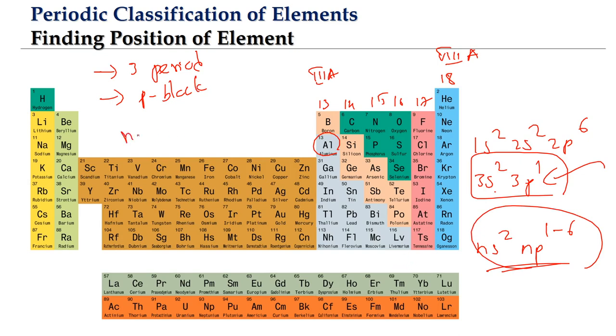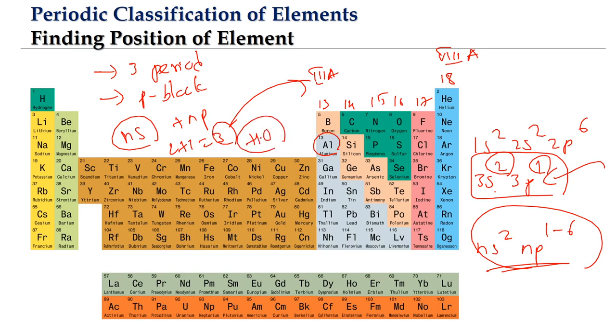So here if you add up the ns electrons and np electrons, in the case of aluminum, ns electrons are 2, np electrons are 1, so 2 plus 1 gives 3. In the old numbering system, we just take the corresponding a. So 3 means 3a, 4 means 4a, 5 means 5a. But if you want the number as per the modern numbering system, we should add 10. So ns plus np electrons, in the case of aluminum, gives us 3, and in the old numbering system it is going to be 3a.